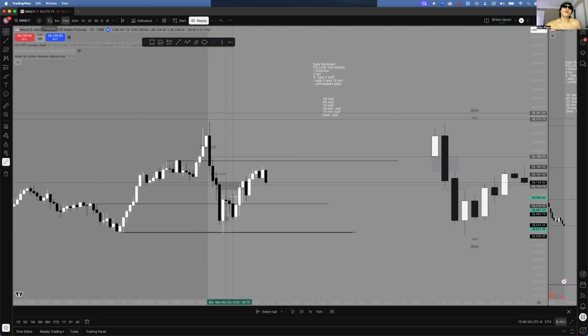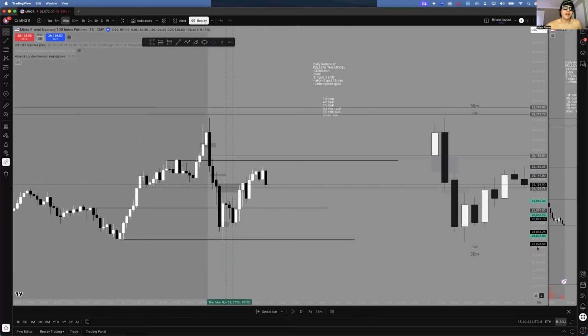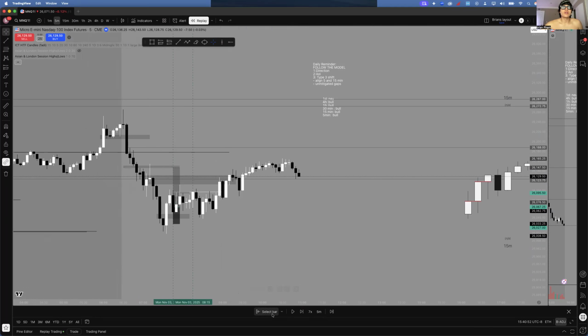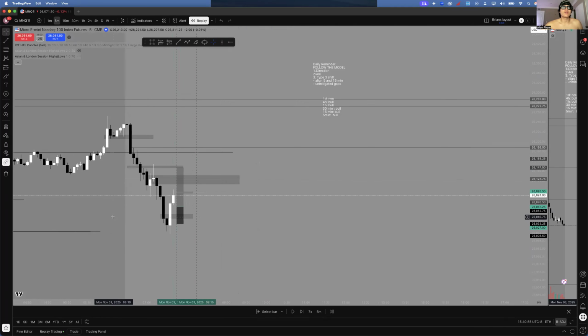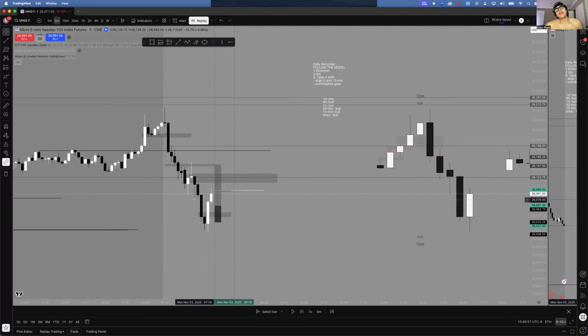So that's one way I find my bias, literally just seeing the higher time frame gaps. What are we trading in? If the candle hasn't closed yet, we automatically assume it's being respected. Therefore, we were bullish today. 5 minute as well. We saw the 5 minute inverse this previous gap, which gave me such high conviction to take this trade because the only thing now stopping us from moving higher would be this potential order block, but